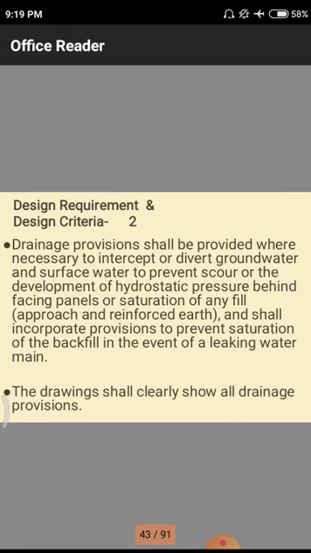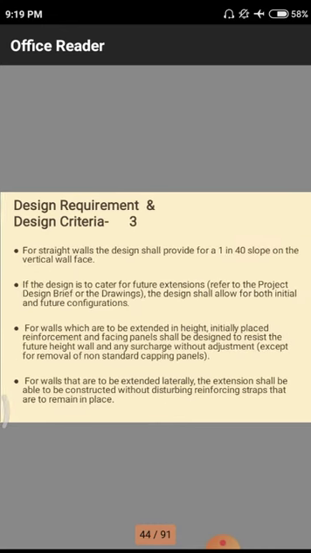In the first drawing, we have to show these soil parameters, that means soil strength, and in which way to which way the construction is to be carried out. But in the case of the second drawing, we have to show these drainage properties.